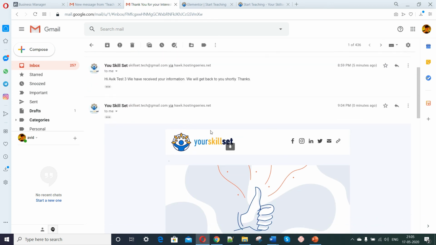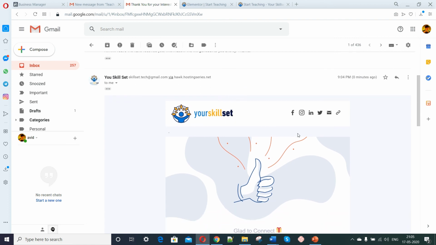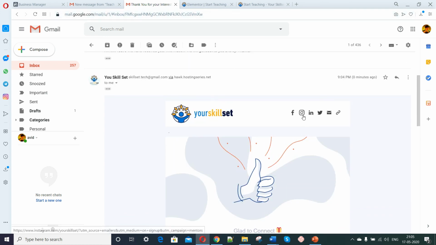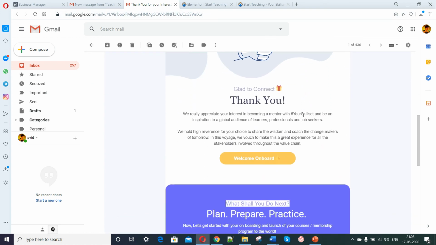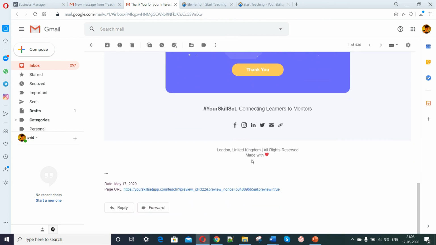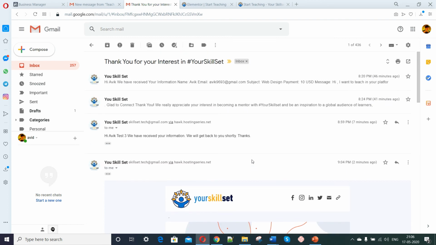So earlier we had received just a plain text like this. So instead of sending a plain text, use an email marketing software like this to design an email in a very neat and clean format and send a professional email like this. So that is how we can design the flow of emails in Elementor. This is, trust me, one of the most critical or technical aspects of Elementor Form Builder.